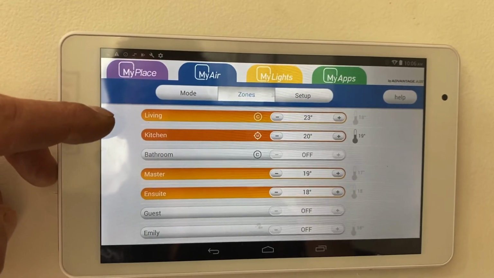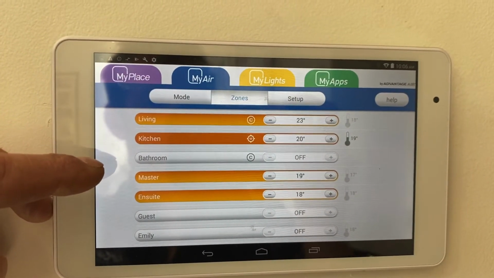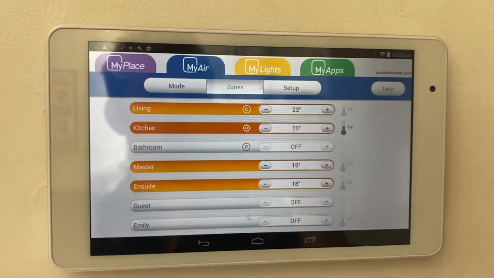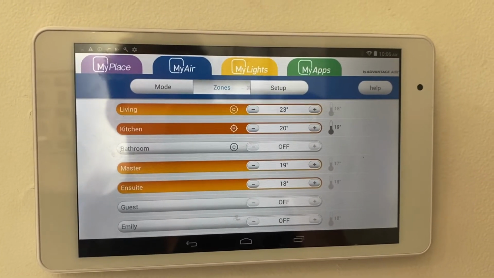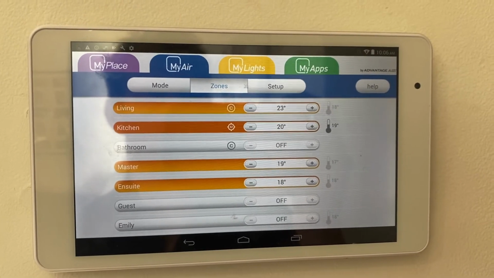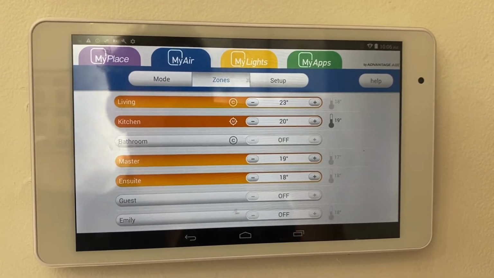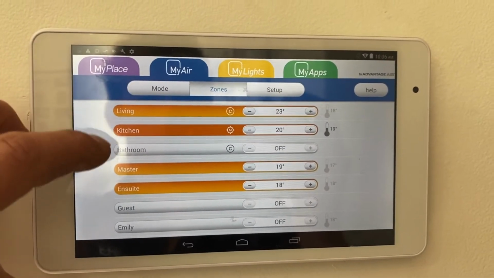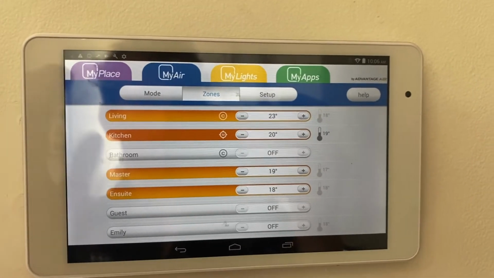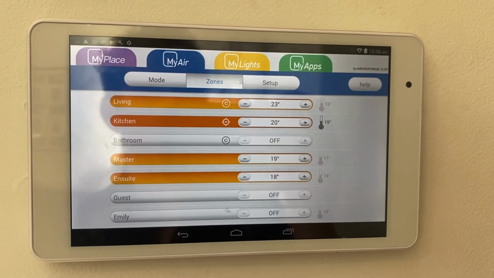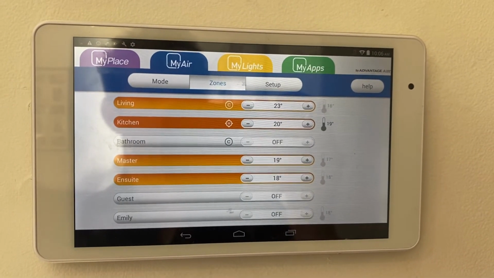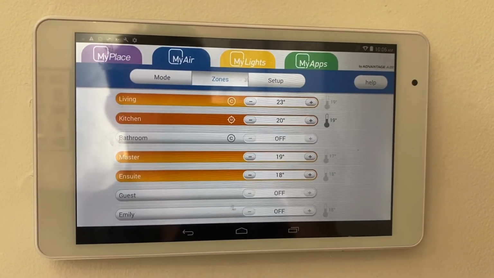So they can be set up with 1, 2, or 3 constants on your system, depending on the size of the system, the airflows, and the outlet sizes. The system will be custom commissioned to suit your application. In this example, I've got 2 constants set in my system. So at any time, it needs to be maintaining at least 2 zones fully open in theory, for the safety of the operation of the system.